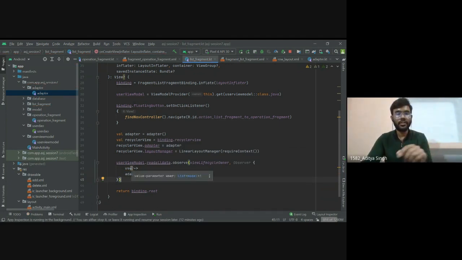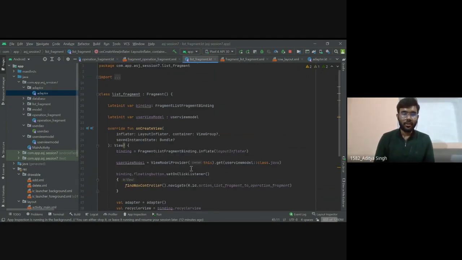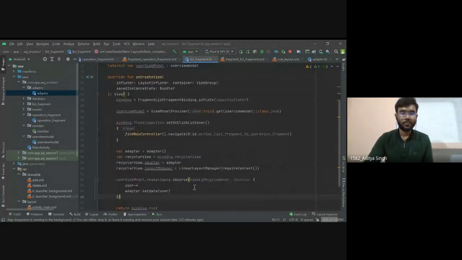When you hover your cursor above it, you will see that this is a list of model class. So we can simply pass this user there. Okay, so this is done. So now let's run this and see what we get.